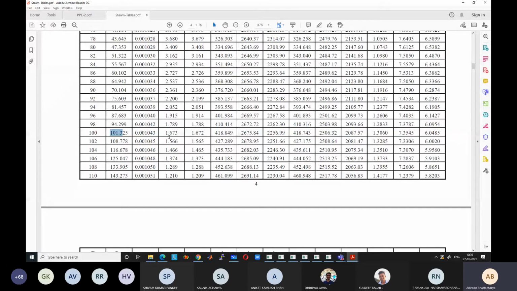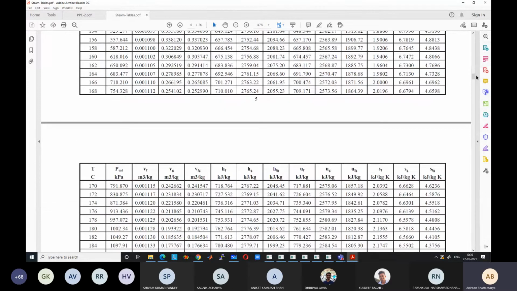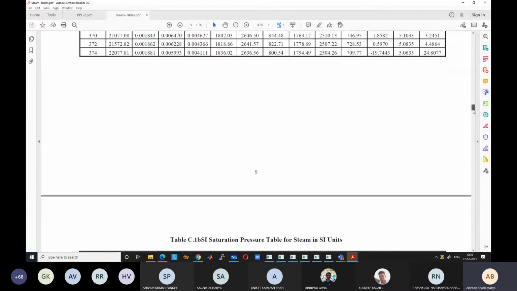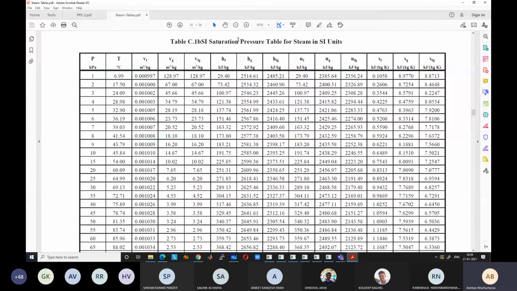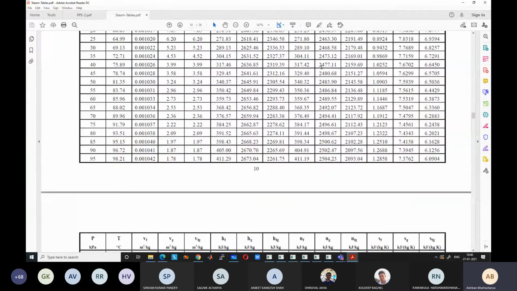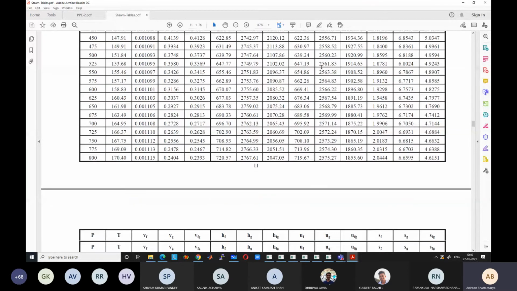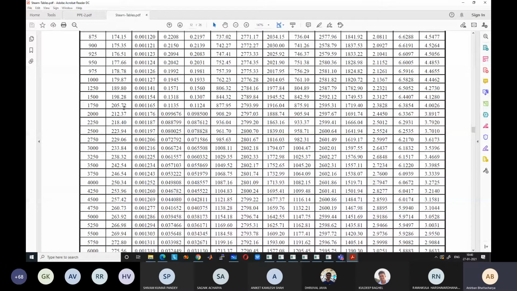So these two are known as the saturation pressure and saturation temperature. The first table is known as the saturation temperature table. The second table is known as the saturation pressure table. These two together are known as saturation tables, or saturation steam tables. Again, the pressure can go to a very high value, and I guess it will go to 22 megapascal, just below the critical point. The last values are not very accurate in this table, but we will not be bothered with that.